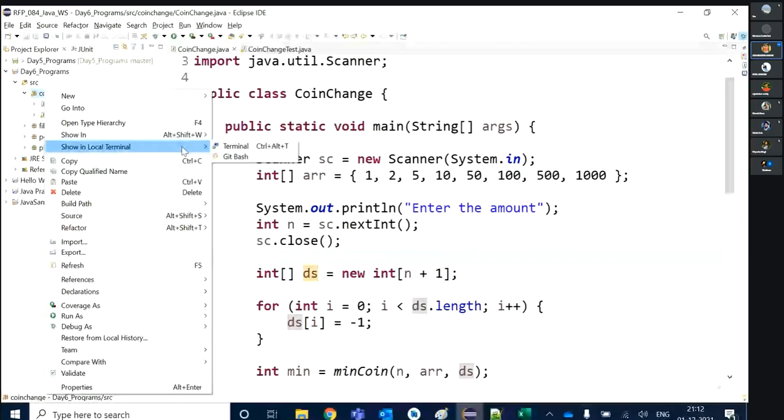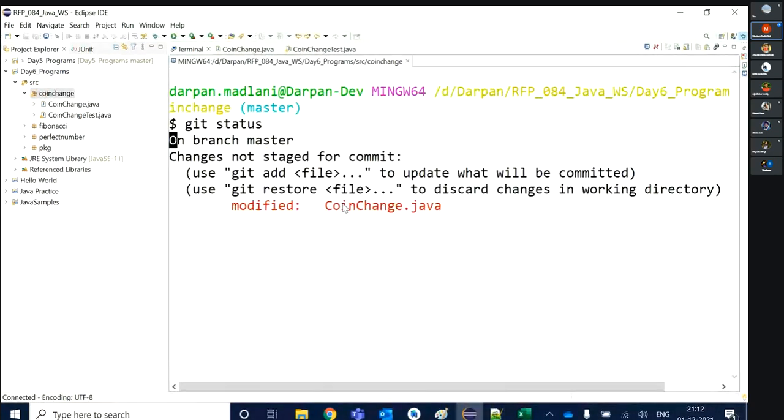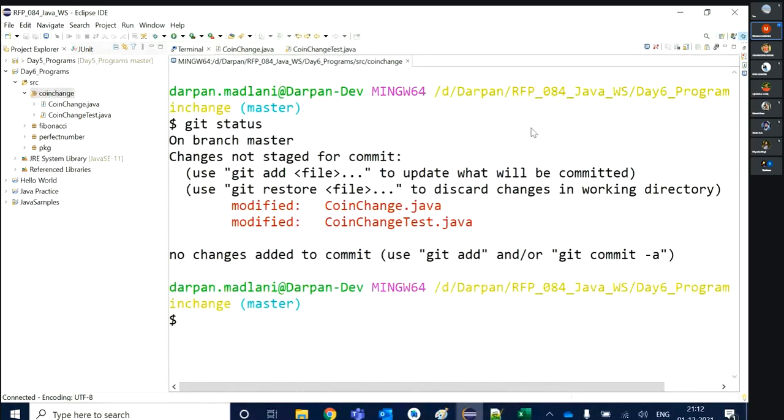So I'm uploading this with coin change. Can you see? With git status, you will get the coinchange.java and coinchange.test.java, both files have some changes.